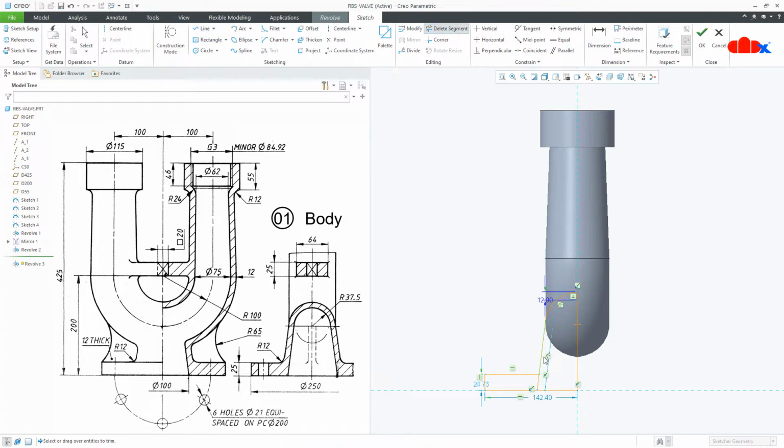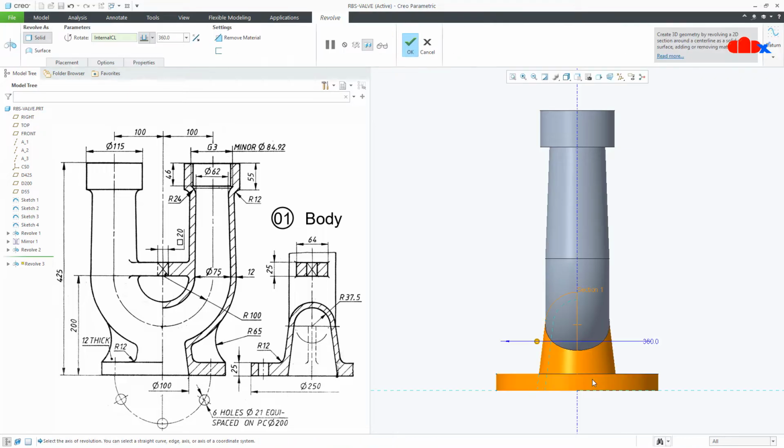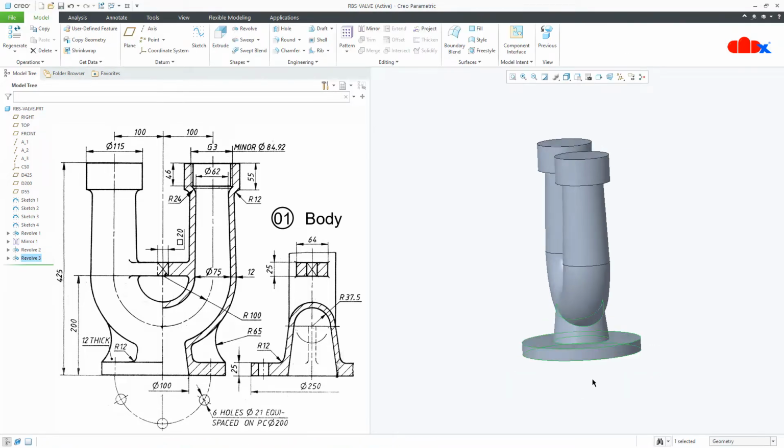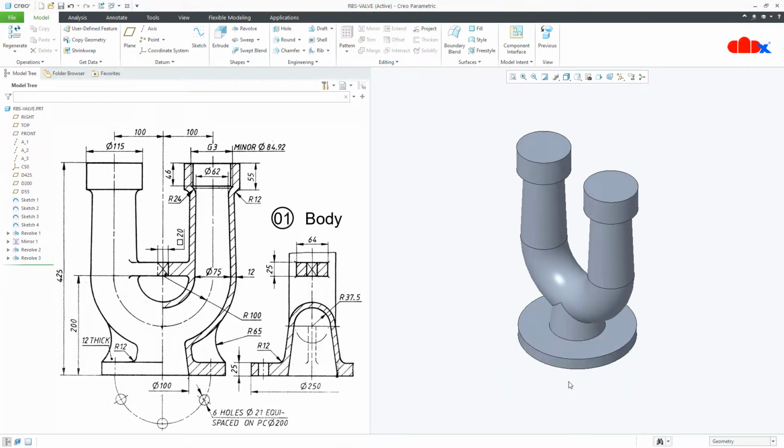Go to delete segment and delete this segment. This is 25 and this value is 250, but for that first place your datum center line. Now make it 250 and say OK. Say OK, Control D. Now the next feature is extrude.